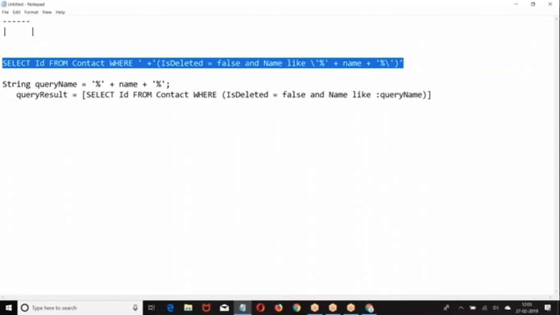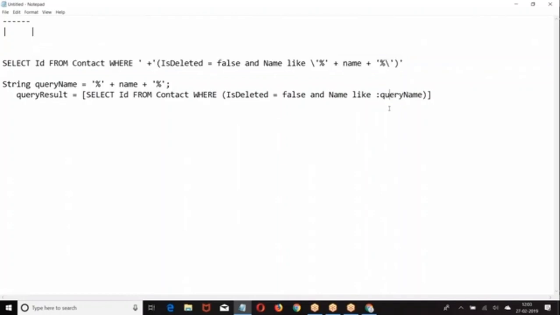In the string, if any vulnerable code is there, that will execute, because it is part of the query. But here it is a where condition. So, simple: wherever there is a possibility of achieving it with a static query, go with the static. Try to avoid dynamic. That was the basic meaning of the code. Was that clear?